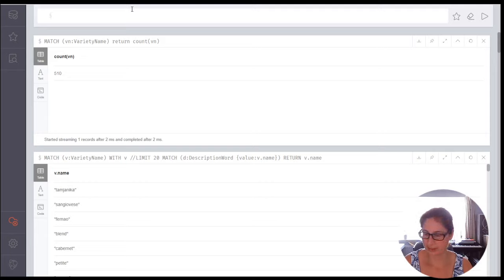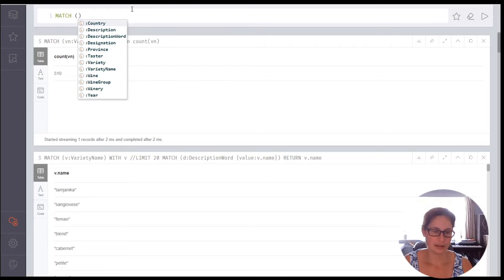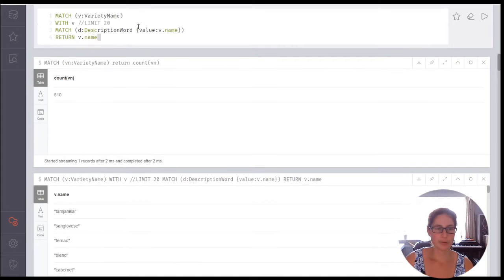So let's have a think about what this is going to look like. Okay, so the first pass is we're going to find all of those names. So I'm going to recycle this query here. So what we're going to do is use all the variety names, find all of the description words that match the variety name, and then the next part of the query is going to be